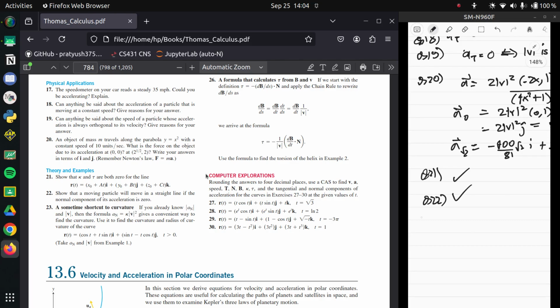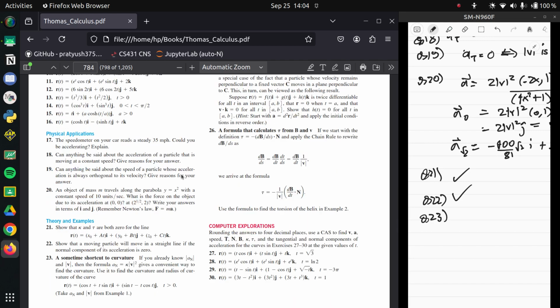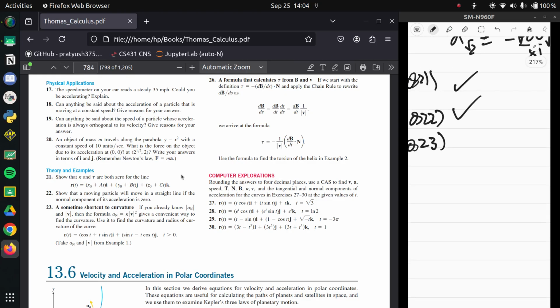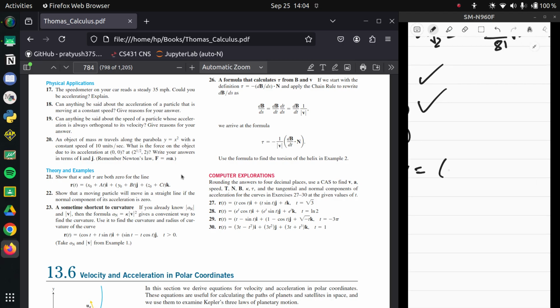So okay, question 23. 23 is a sometimes shortcut to curvature. If you already know a n and v, then the formula gives a convenient way to calculate curvature. Sure, use it to find, oh okay, you already know normal. Find the curvature and radius of this curve. Anything given? Take a n and b from example 1 and just calculate it directly. So this is what velocity is, just minus sine, and that sign cancels, just t cosine comma